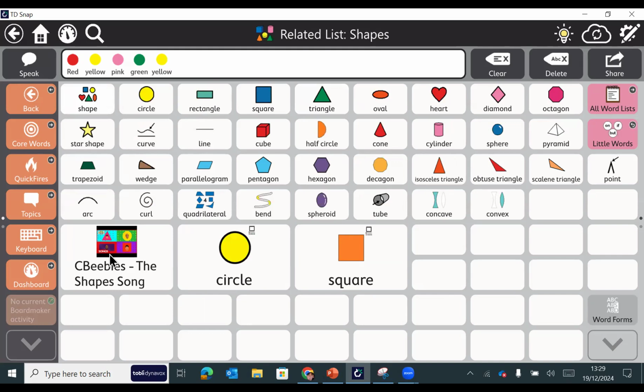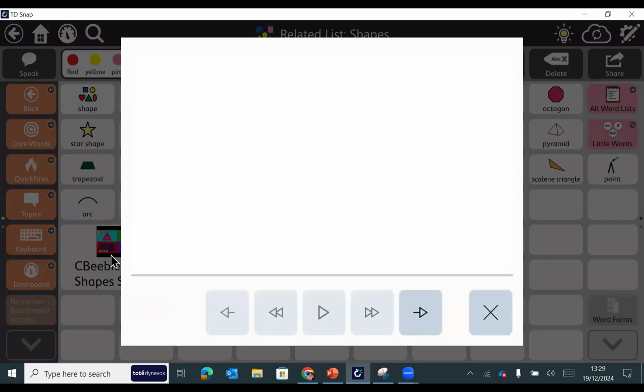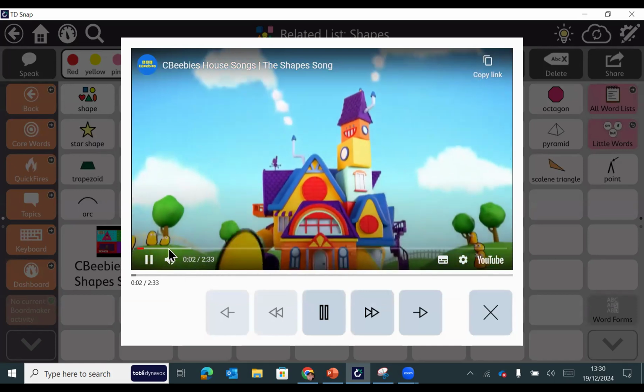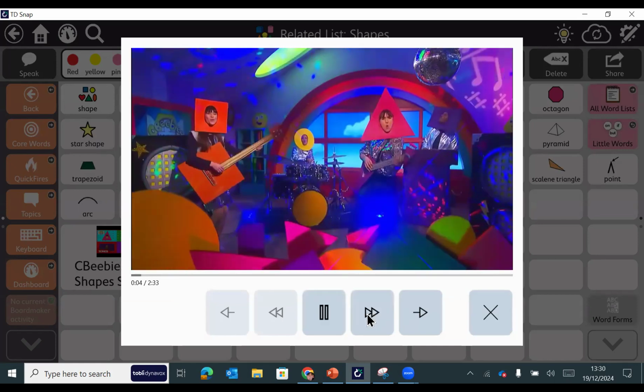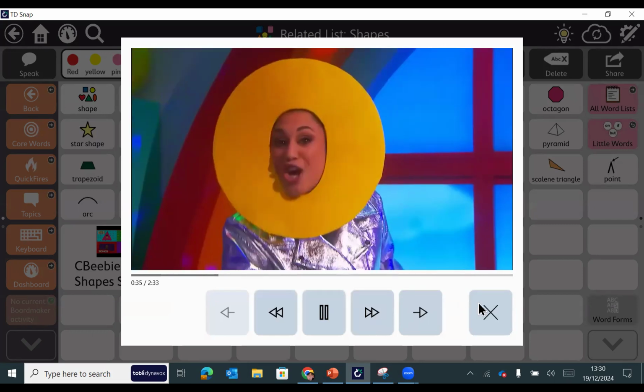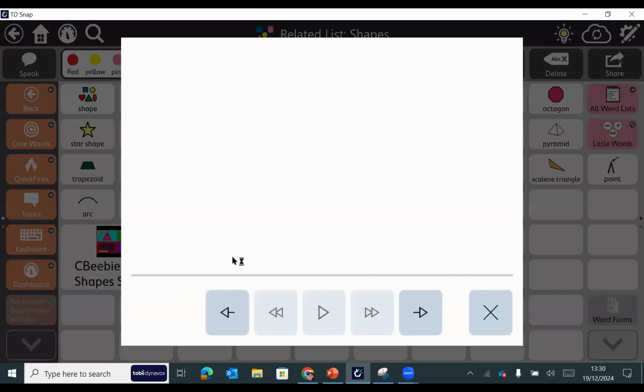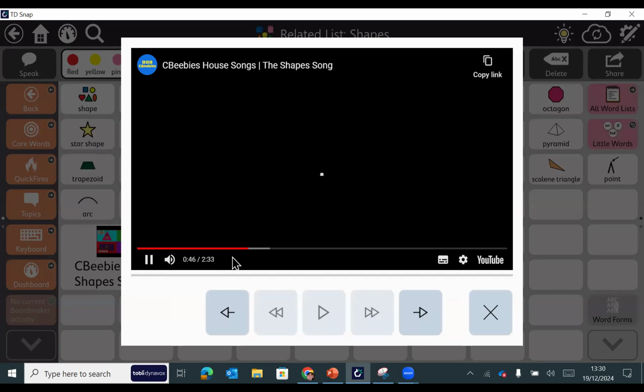I've got a CBB song around shapes where I can play the whole video. But it could be that I'm learning a particular shape, so I've clipped the video with the start and end time just to go to a particular part of the video, and now we're learning about